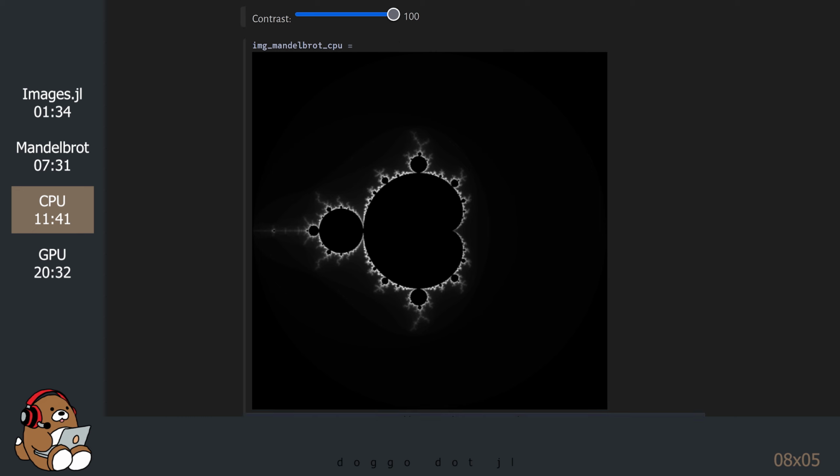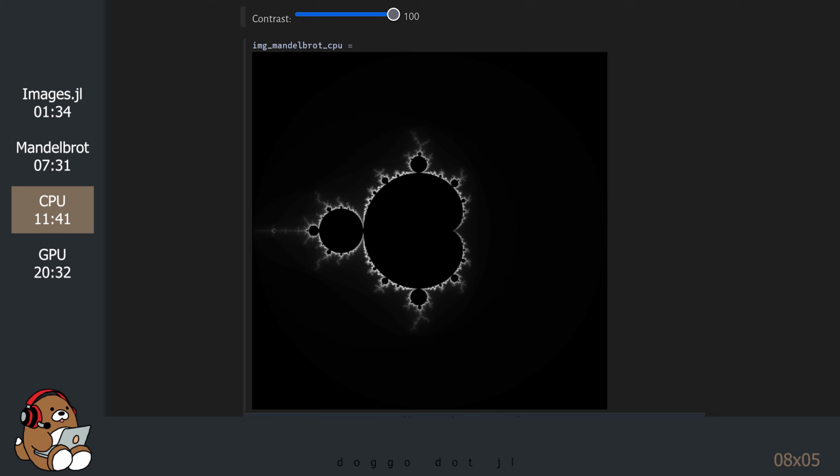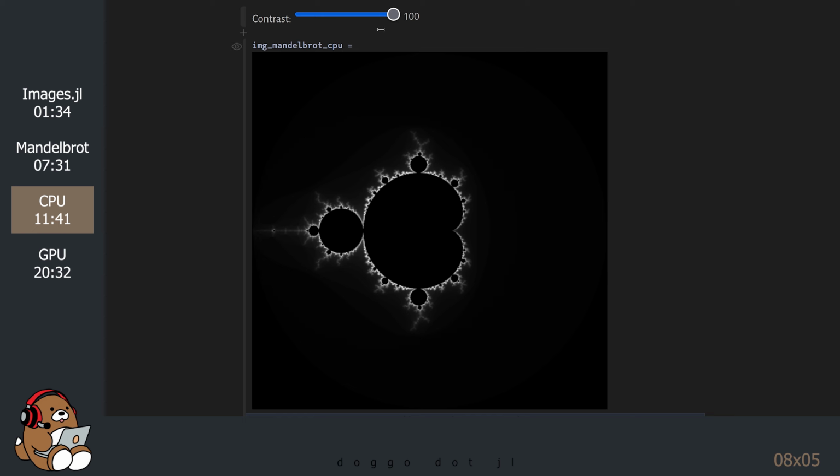So, what are we looking at? The values shown in black are members of the Mandelbrot set. It's a little difficult to see in this image, but the different shades of gray indicate how many iterations it took for the values to escape the test. Darker shades exited very quickly, while lighter shades took longer. That white halo surrounding the Mandelbrot set indicates that those values took a lot of iterations before escaping. You can see this more clearly by using the contrast slider.